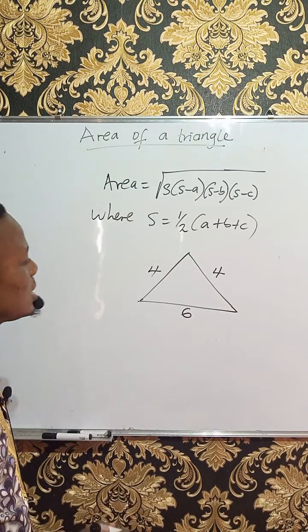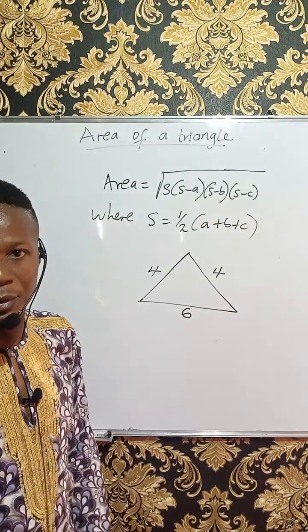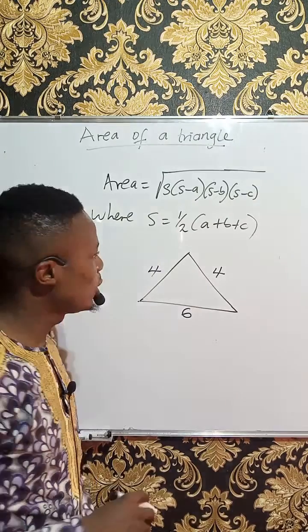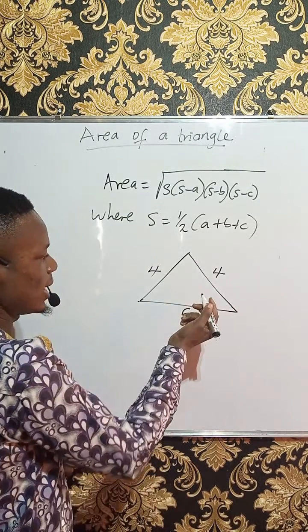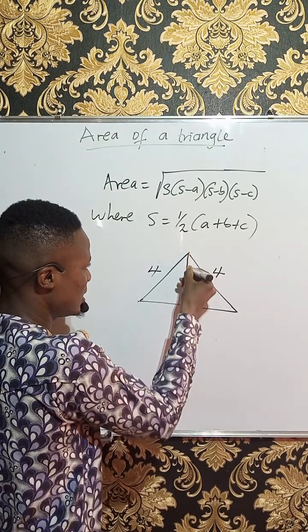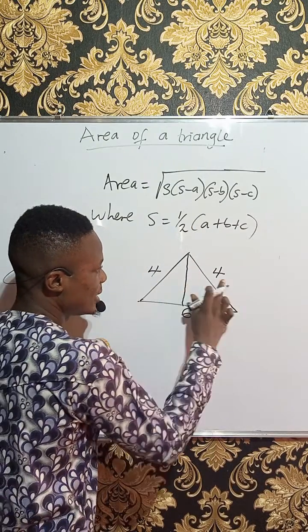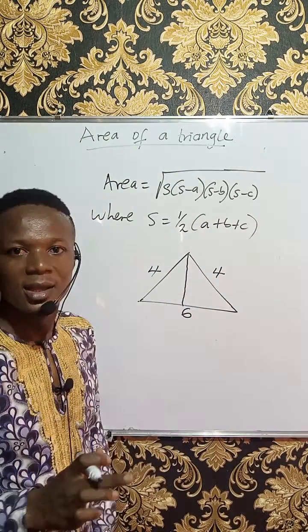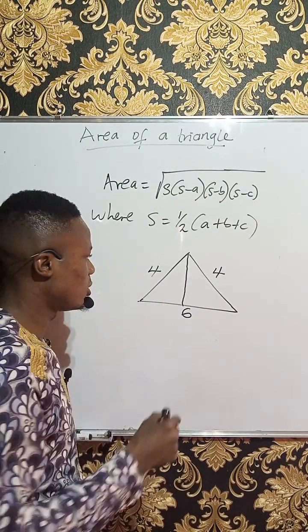You can see that half times base times height can no longer help you to do that, because there is no height, unless you draw a straight line here to bisect this. And you can only bisect this whenever this side and this side are equal to each other. If they are not equal, it's not possible. So the reason I am bisecting it is because this side